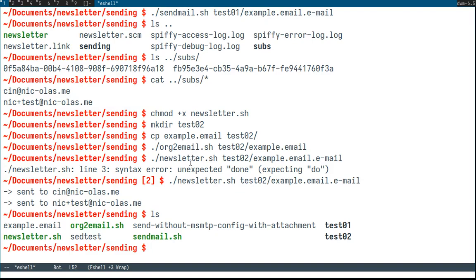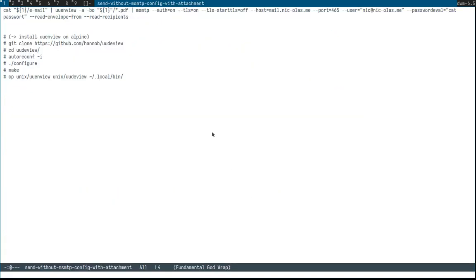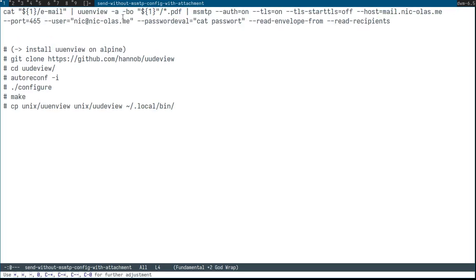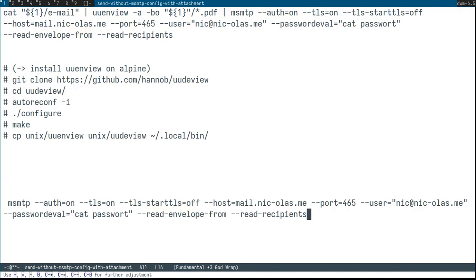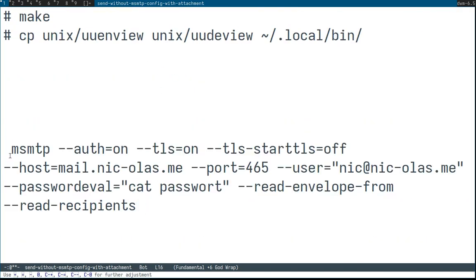I want to also show you something very cool, which is maybe not relevant to a newsletter, and that is in this send without file. In this file, I have two things I want to show you. So first up, I want to show you how you can use msmtp without a config,